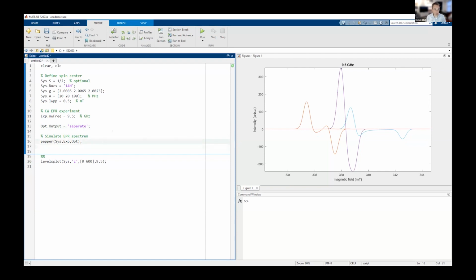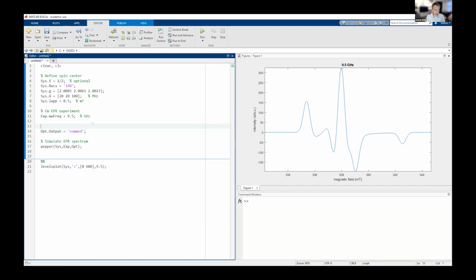Finally, as you can see, we can now turn this off again and go back to the summed spectrum. You can see this is already showing a field modulated CW EPR spectrum. You can turn off the field modulation to get the absorption spectrum. In order to do that, use